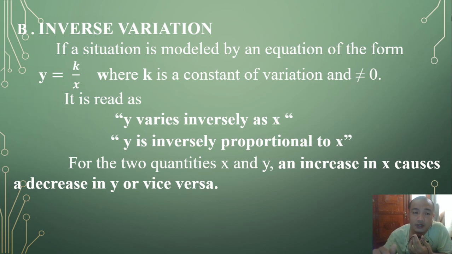So this is the difference between inverse and direct. So direct, as x increases, y also increases. In inverse naman, as x increases, y decreases. So baliktad, mag-increase yung x, mag-decrease yung y. That's an inverse variation. So we have here some statements